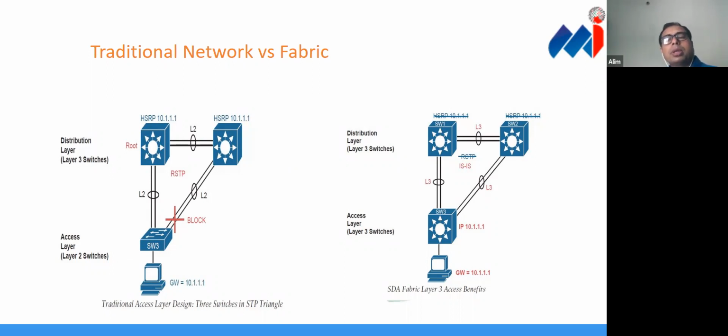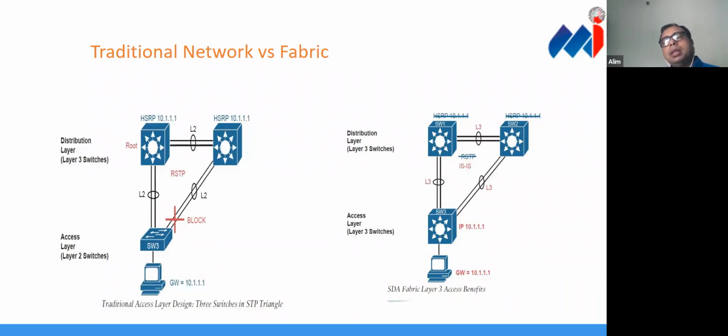So ISIS routing, intermediate system to intermediate system routing, or you can run OSPF, but ISIS routing is used mostly in software-defined network because it has some advanced benefit, however. So now both links are in active mode, and they are carrying traffic. Okay, so all links are used